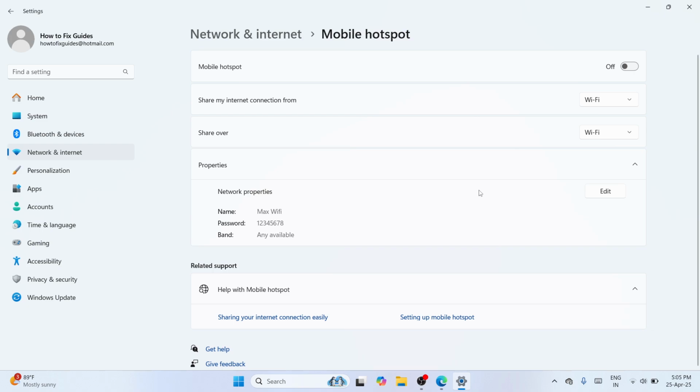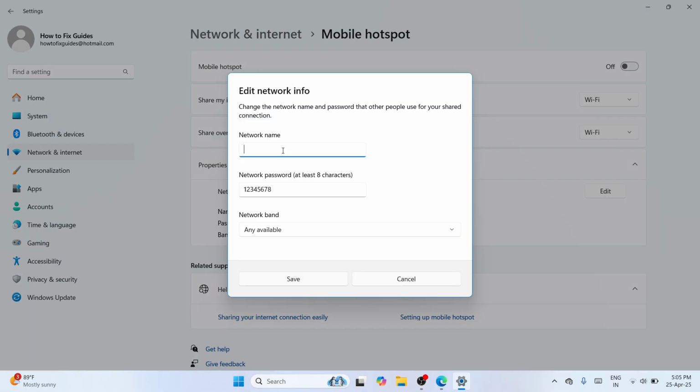So in order to create a mobile hotspot, all you need to do is click on this edit. Okay, click on it, and here you can modify your network name. So let's say, for example, you'd like to set it to Anne in my case, and you can type your network password, at least 8 characters. I would recommend you go with numbers as well as letters or special characters in order to strengthen your password. Okay, so in my case, I'll be using